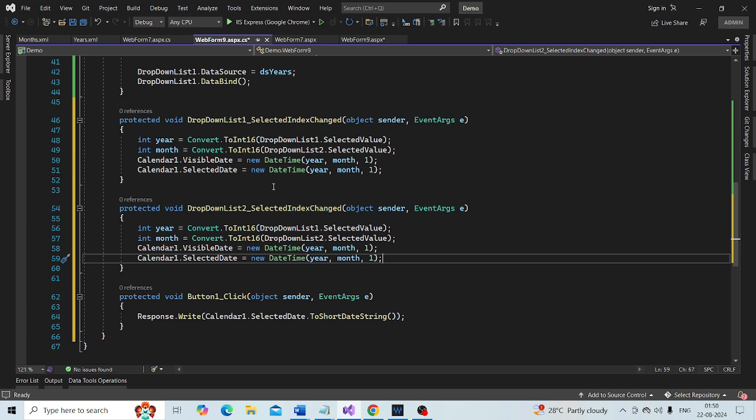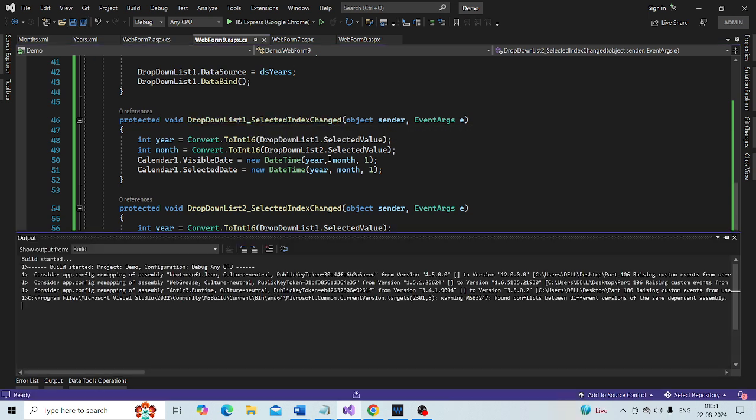So the web form loads up. Let me save the changes and run it. The web form loads up, and currently I am on August of 2024, and maybe I want to navigate to 2011.